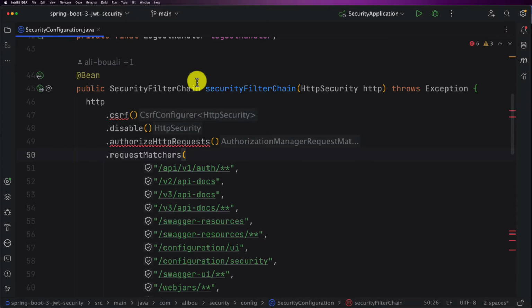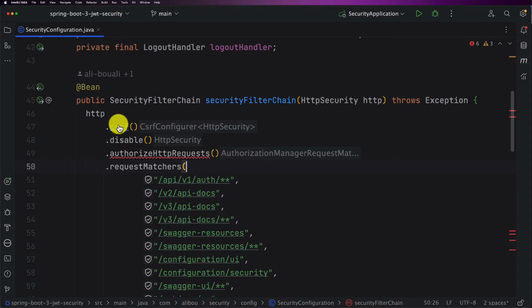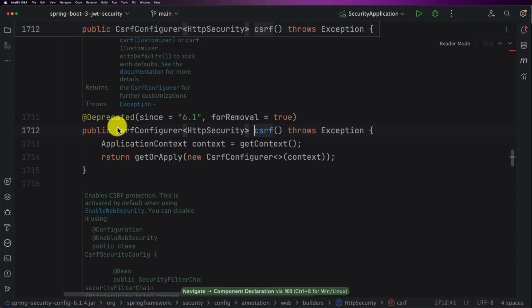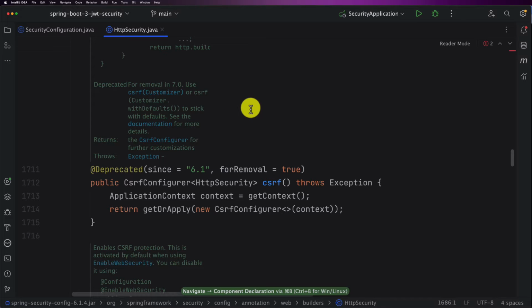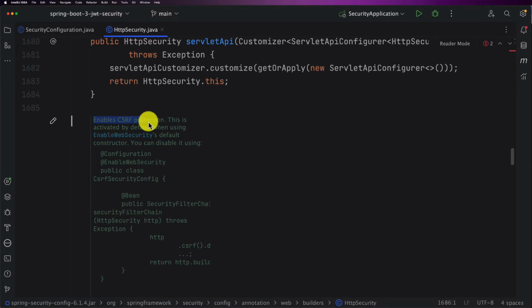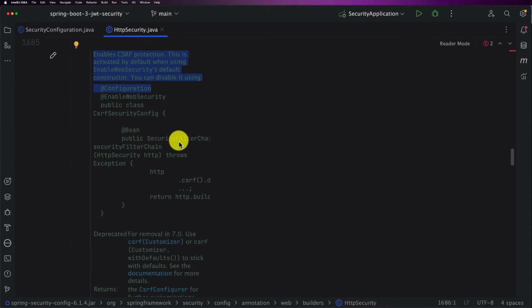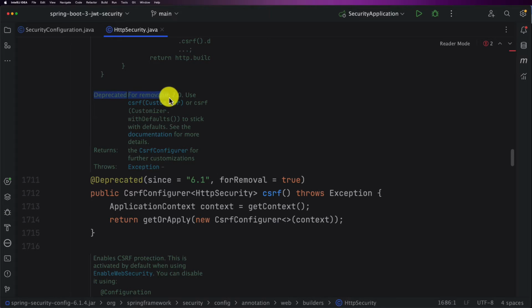But personally, I wouldn't do it this way. What I would do is first Control-click on this method right here to go to the documentation. If you didn't download the documentation before, you will have a pop-up right here, and you click on download resources. Then I will start reading to learn a little bit about the CSRF protection and what it is about. Here you see that it's already deprecated and for removal in 7.0. Then it says to use the CSRF customizer, or the CSRF customizer with defaults if you want to stick to the default